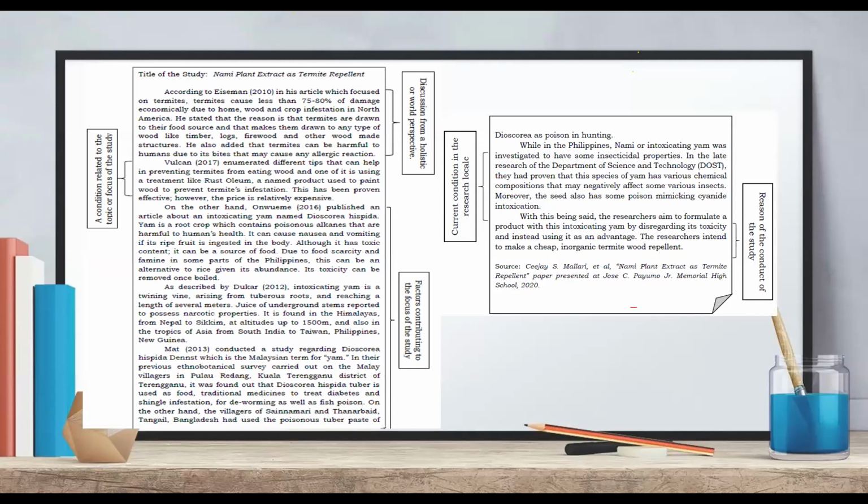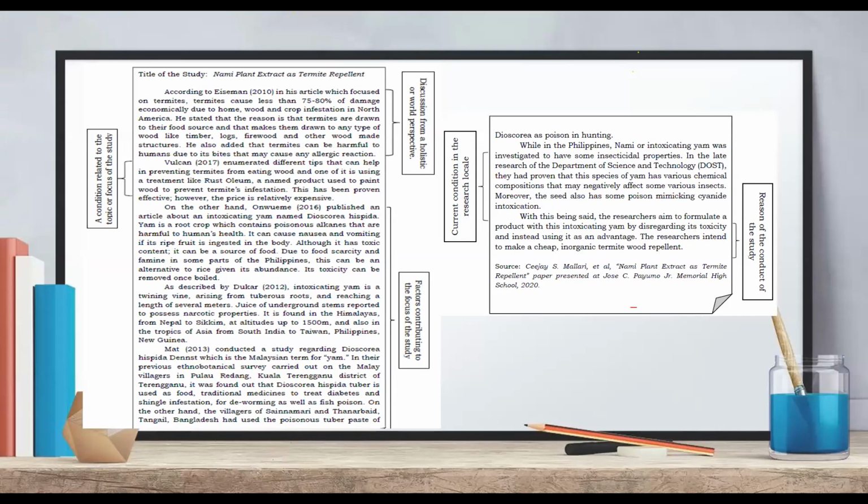The second paragraph is the condition from the general idea. After that, the third to fifth paragraph would be the factors contributing to that condition. So after that one, the sixth paragraph is the current condition in the research locale, or this is where you are going to